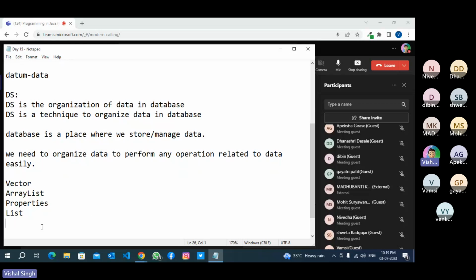These four classes everyone has to practice, all the methods inside these classes, because these four classes are very important. You can perform almost any kind of data operation with the help of these classes.